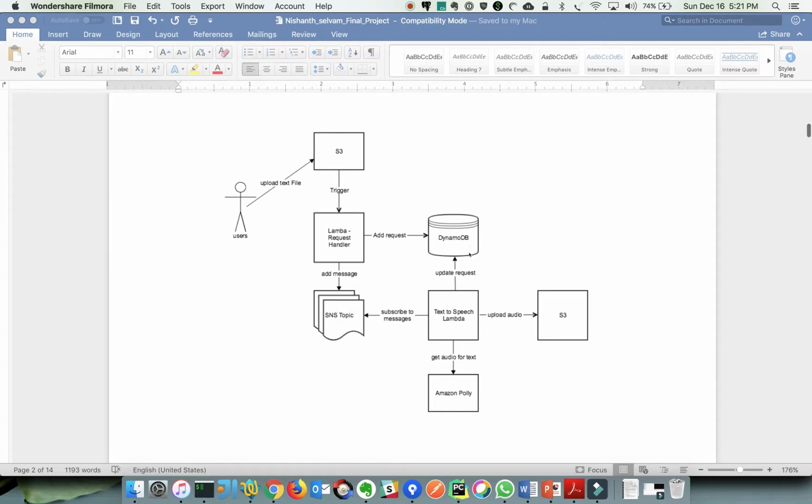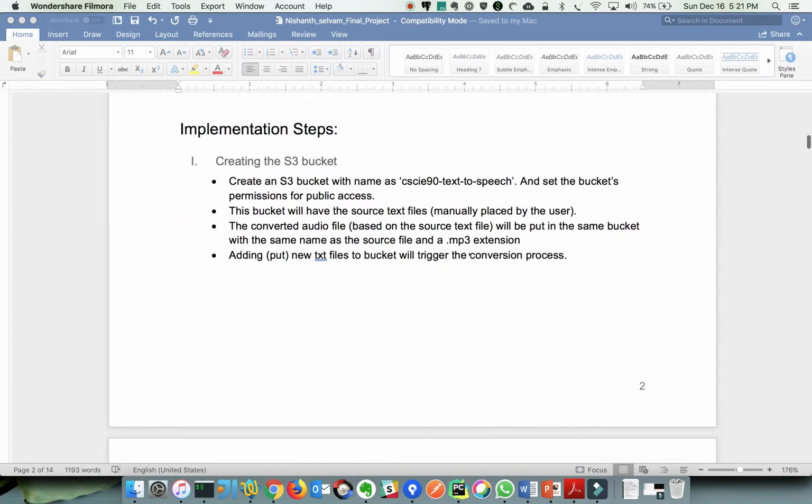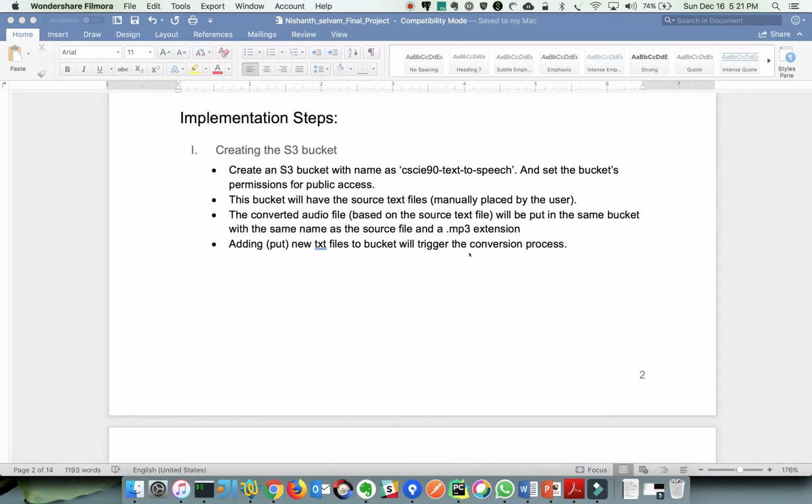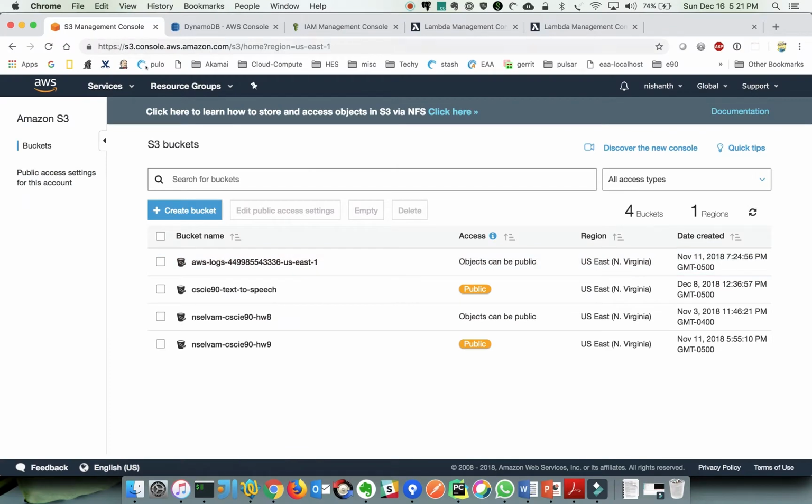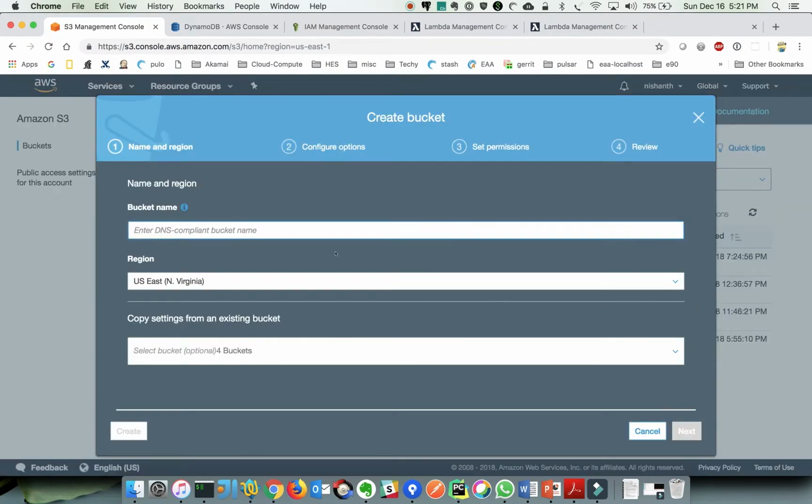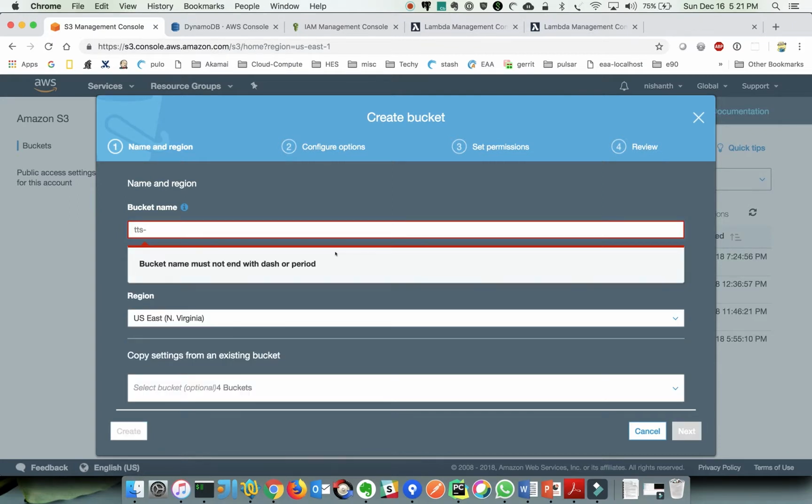So next I would like to go over this implementation step by step, creating all the required components from scratch, and at the end we can see a demo of how this works, right? So the first step I'm going to do is to create an S3 bucket. So I'm on my management console for AWS, and I'm going to create a bucket called TTS for text to speech demo,